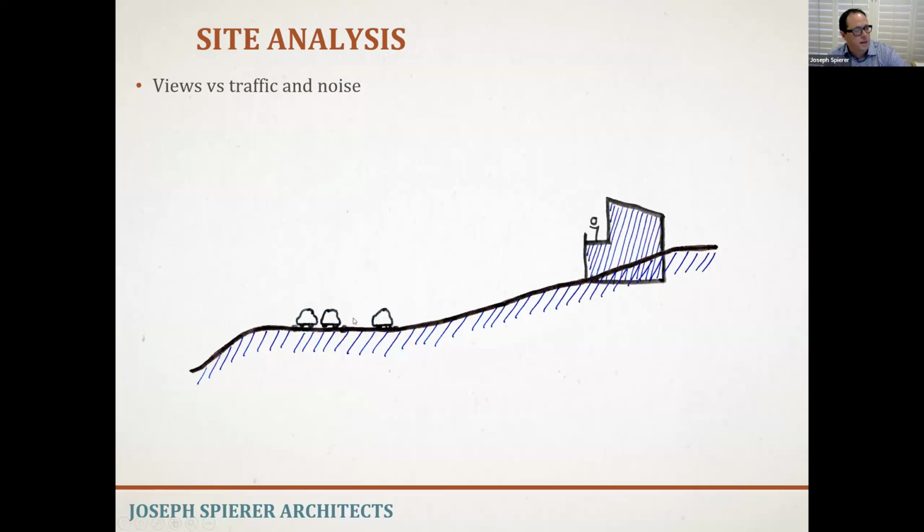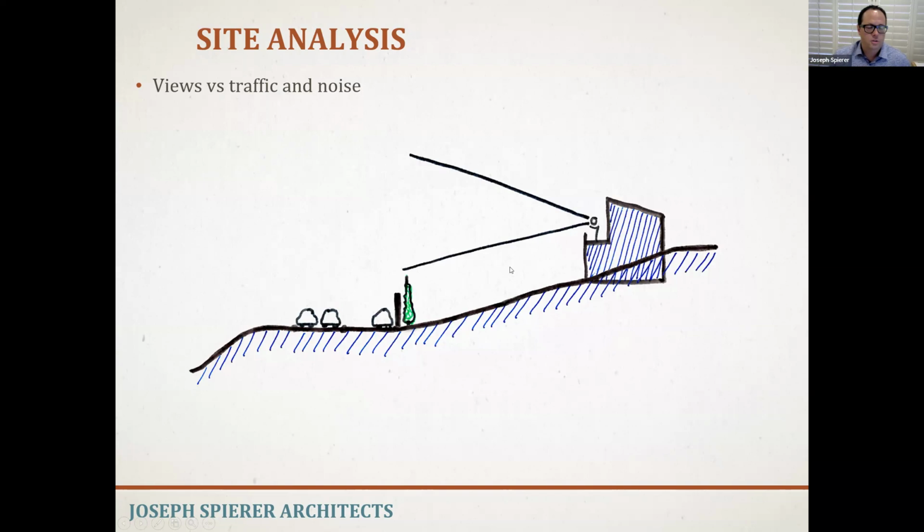So noise sometimes has to be taken into account. In this case, this is Palos Verdes Drive South, and we had someone who hired us during escrow to help them figure out whether noise was going to be a problem for them, because you have traffic down below. What we figured out is that in order to get this view and not have the noise, we can create a wall that was a certain height, and you can grow foliage up to a certain height as well. And that blocked most of the view of the traffic